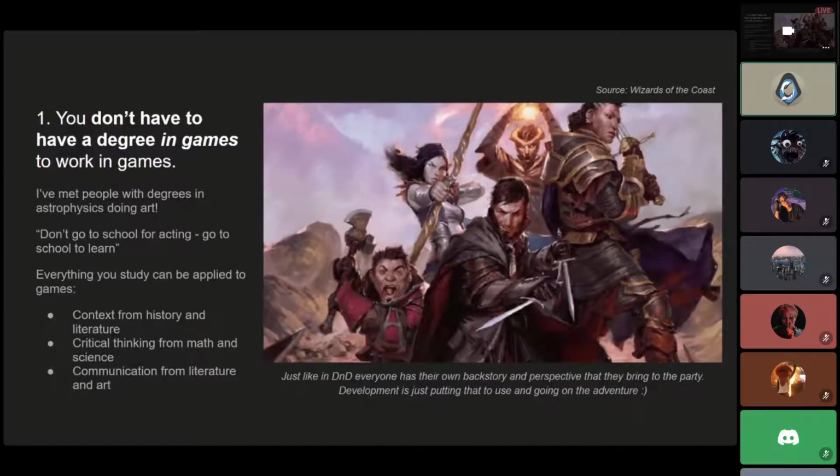I kind of have an analogy here too. I don't know if anybody here plays Dungeons and Dragons. I'm sure a couple people do. With any job, it's like everybody coming in to a D&D party. You have your own backstory when you start a D&D character and your own perspective, and that's fueling your character's decisions as you play the game, and as you slay the dragon or do whatever mission it is you're doing. It's the same with any job you have. Everybody comes in with different degrees and educational backgrounds, and that's like your backstory, bringing your own perspective to help achieve whatever task is in front of you.